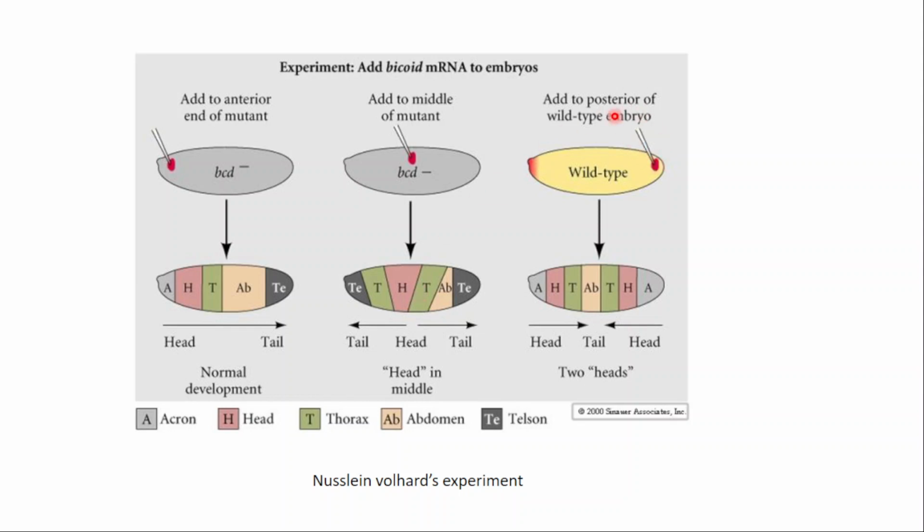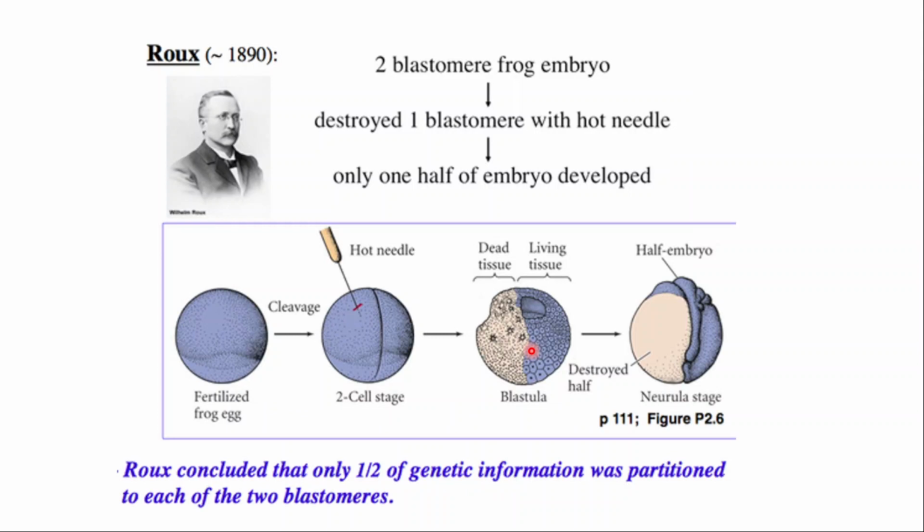Whereas in wild type, if you add to the posterior of a wild type embryo, we have the anterior transplant. We'll have two heads and abdomen in the middle. This was Nüsslein-Volhard's experiment, and Roux in 1890 showed that in two cell stage, when he ablated